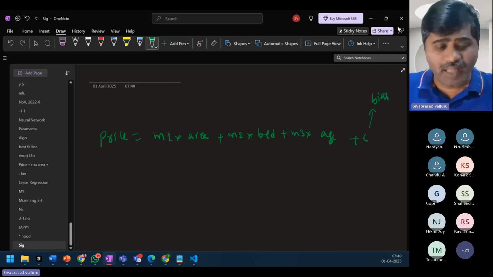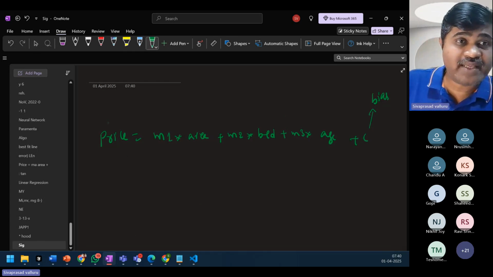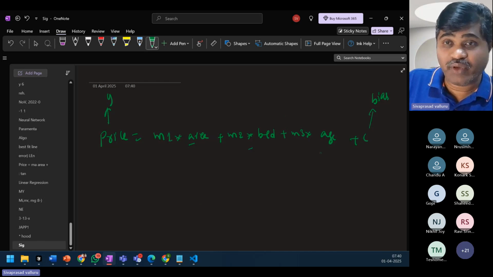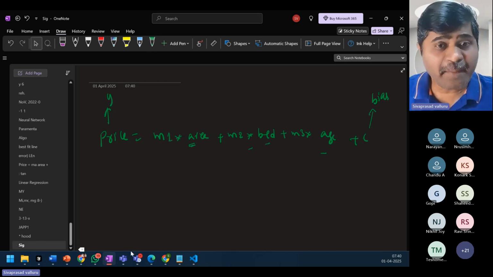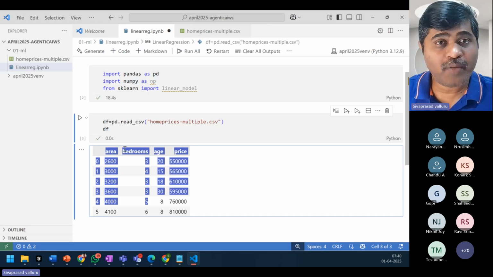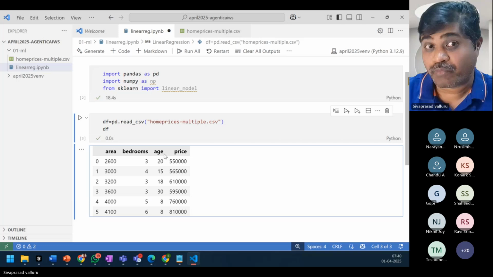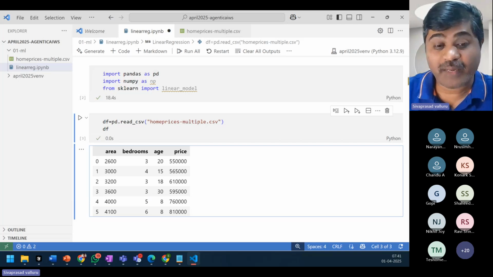Now I'll call this price as Y, and area, bedrooms, age, we call them input features. These all are input features. Now, can I represent all these three, area, bedrooms, and age, as an array, a matrix? Let us see. First of all, let me visualize it.